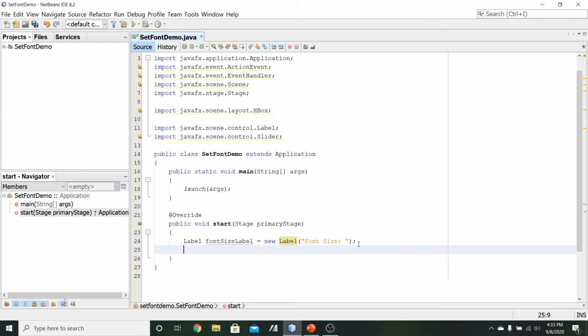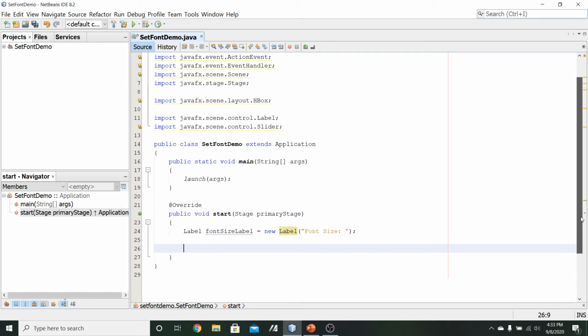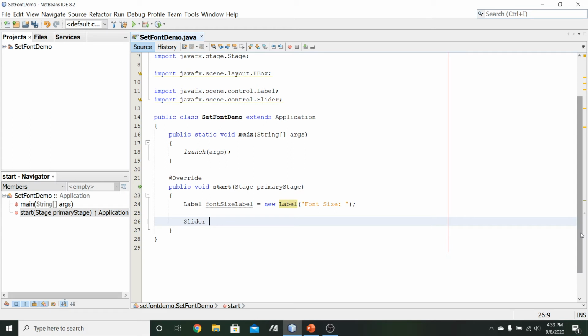The next thing I'm going to go ahead and do is create the slider itself. So we're going to have our Slider, call this fontSizeSlider. It's equal to a new Slider. And right here, I want to go ahead and put in some different values for it. So since I'm going to be doing this for font size, I'm going to use a min and a max